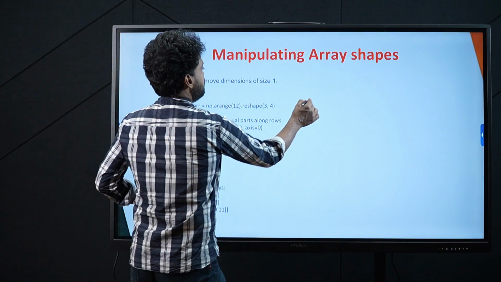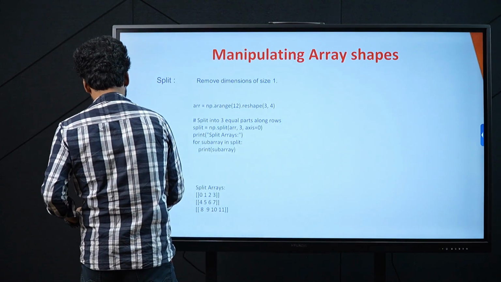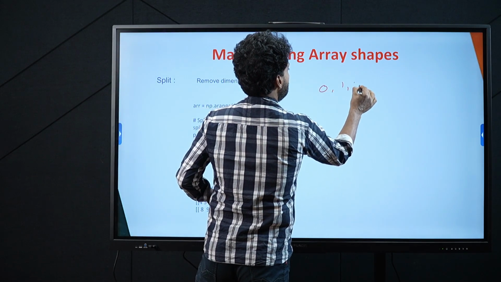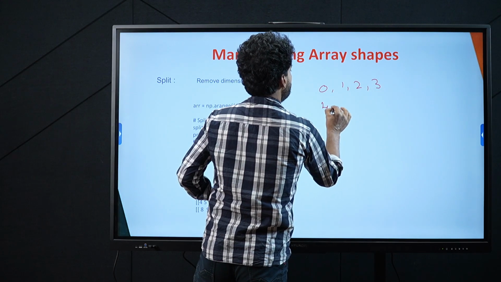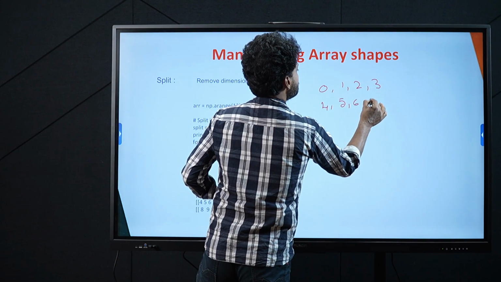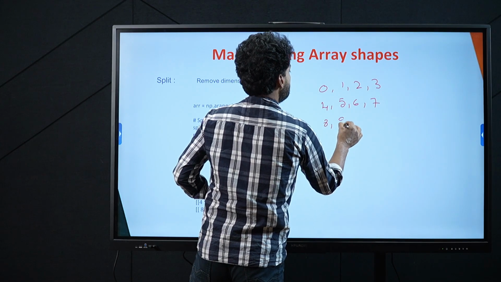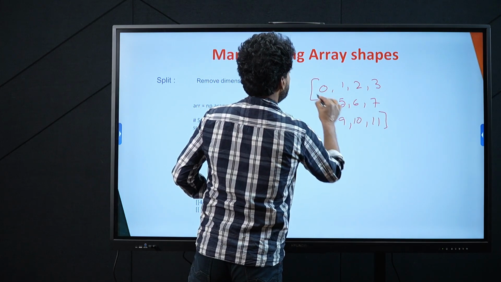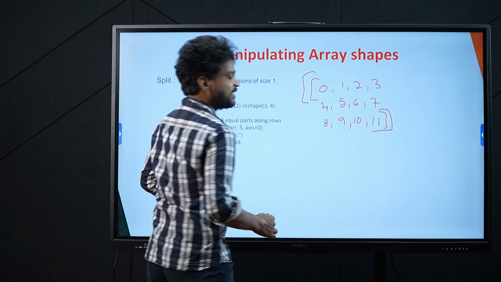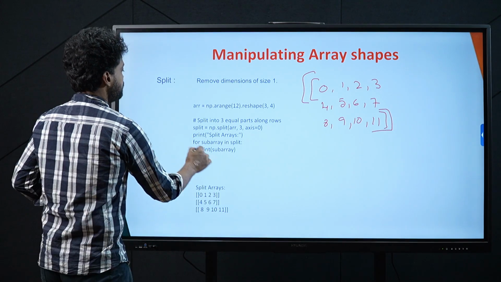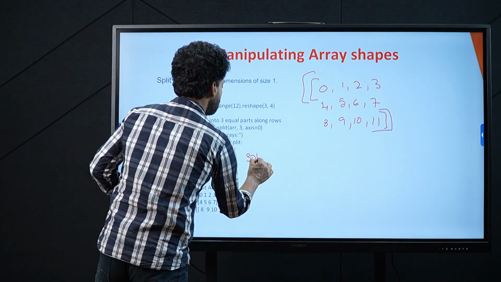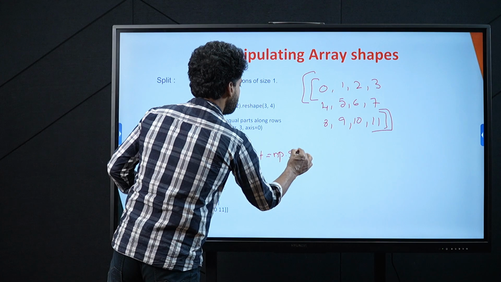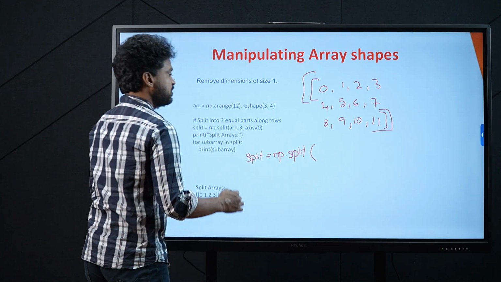Now let us say this is 0, 1, 2, 3, 4, 5, 6, 7, 8, 9, 10, 11. So this is the array, right? Now I would want to split column-wise. What should I do? I should say split array is equal to np.split, into which the passed arguments